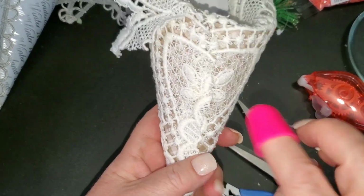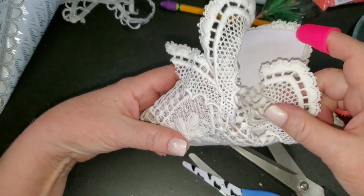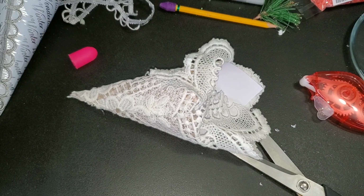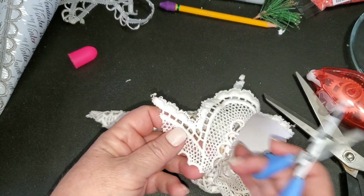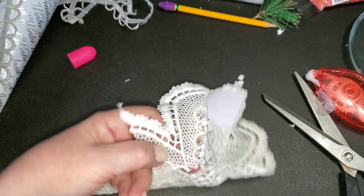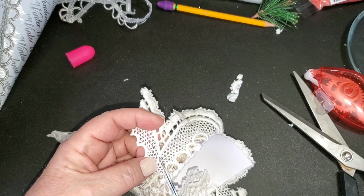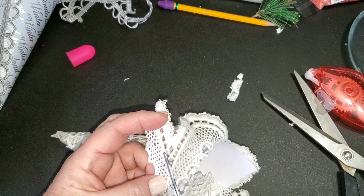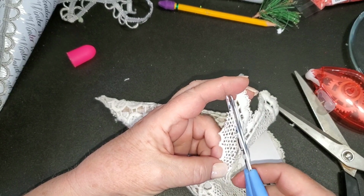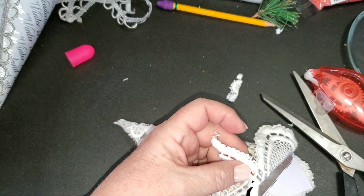So I kind of have this shape at the front, but that's not how I'm going to finish it. I want to, okay, I'm going to take my scissors. And right here, I'm going to use these ones because they're sharp, they're smaller, and they're easier to handle. So right here, I am going to trim this lace off to that line so that that has a finished edge. It's very like I'm fussy cutting it. Just like this. How about right here? Maybe I'll take it from here to here